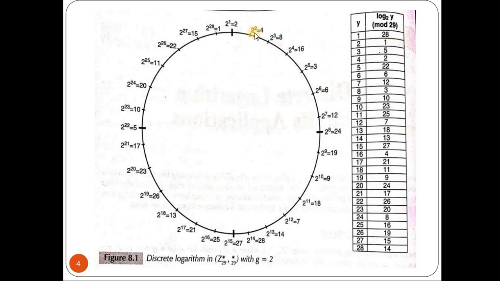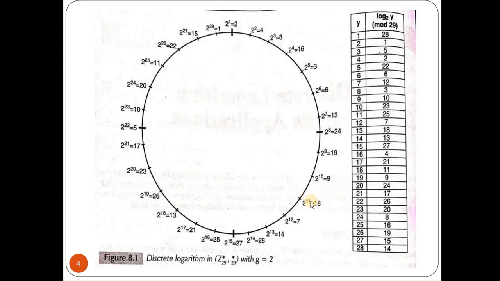Similarly, if I take again g to the power 2 mod 29 is equal to 4, that is 2 to the power 2 mod 29 is equal to 4. Now 4 is the y value and its inverse is nothing but 2, that is g to the power x, x value is 2. So I have to go to the row 4 and fill its inverse. X value is nothing but 2. So let me take one more example. 2 to the power 11 is equal to 18 it is written. So it is nothing but 2 to the power 11 on mod 29 you will get 18. It means that y value is 18, x value is 11.